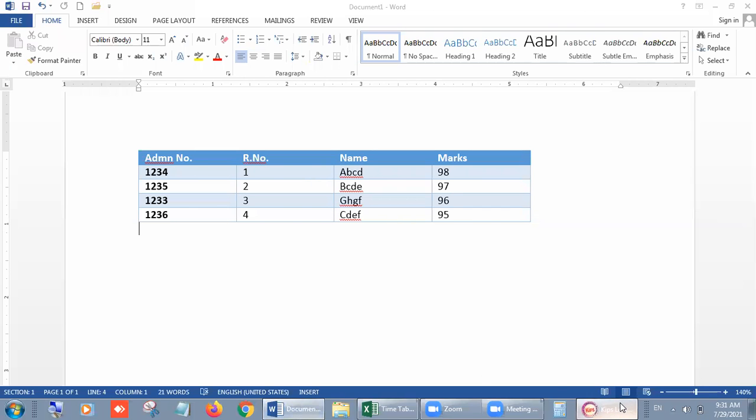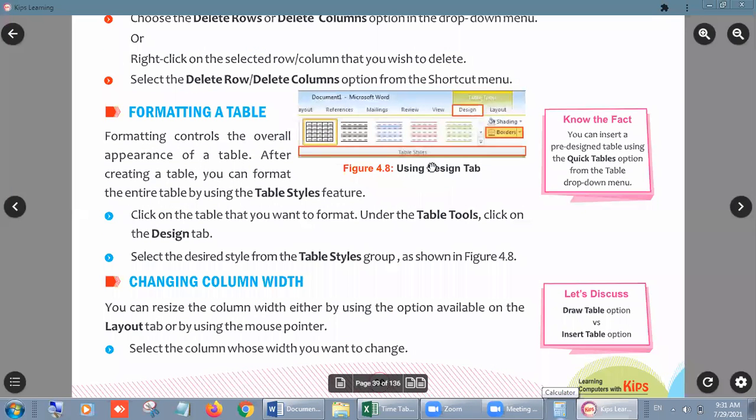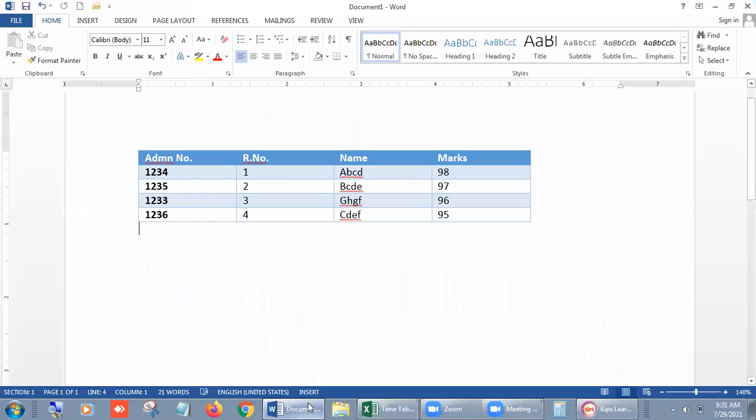Okay, beta. Next is formatting a table. I told you already. Changing column width. Yes, this is important. Suppose you realize that the admission number column is very wide, so you can change its size.